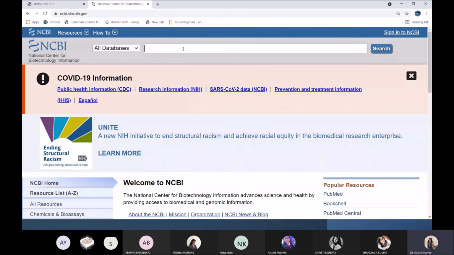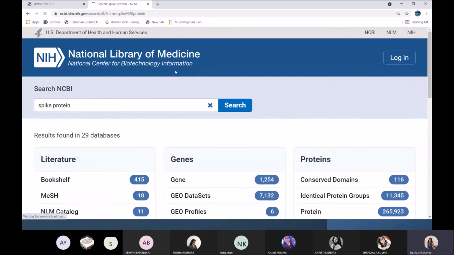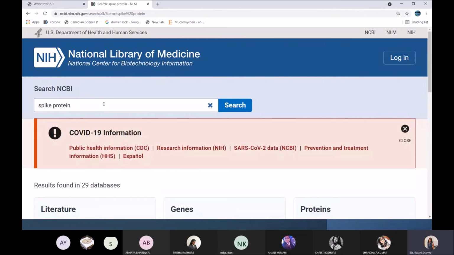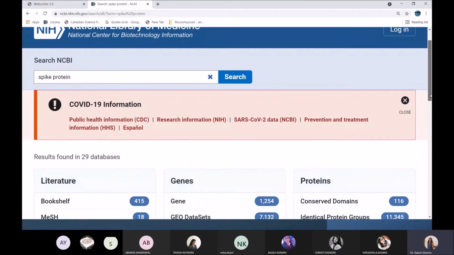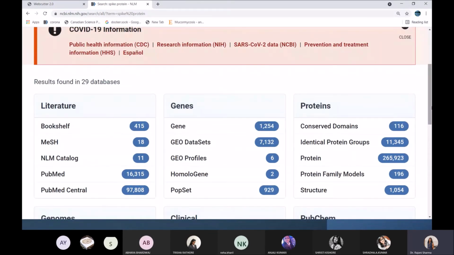Is there any gene that you want to know the cutting site of, or better I take the spike protein? Okay. Now NCBI, just like the search button of Google, we got that search link. From that, I have just typed the spike protein. For each protein there is an accession number, I am just coming to that.